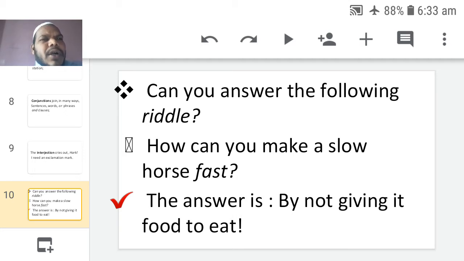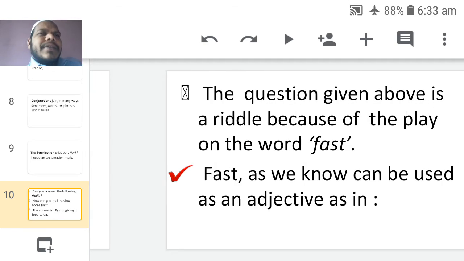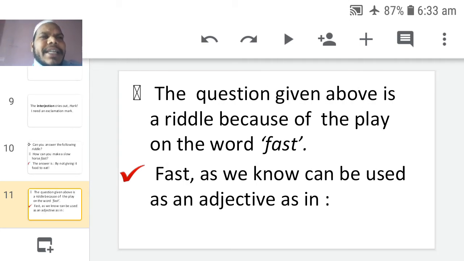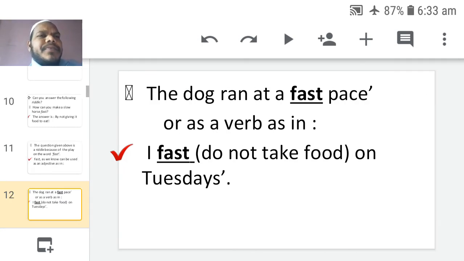How can you make a slow horse fast? The answer is by not giving it food, you can make a slow horse fast. How? Here, the question given above is a riddle because of the play on the word fast. Fast, as we know, can be used as an adjective, as in the dog ran at a fast pace. Fast pace, describing word, adjective, or as an action word or as a verb in I fast, do not take food